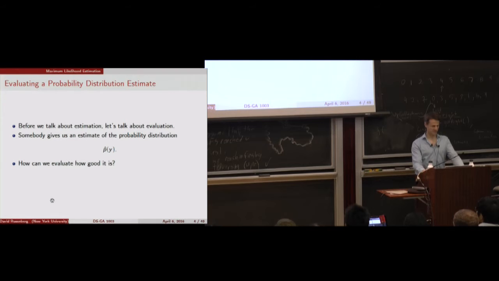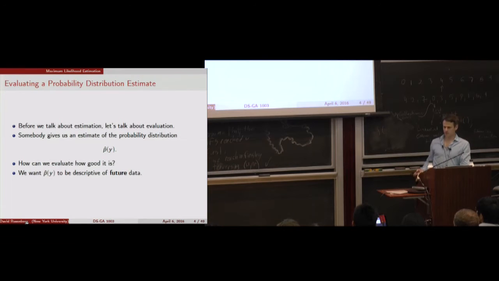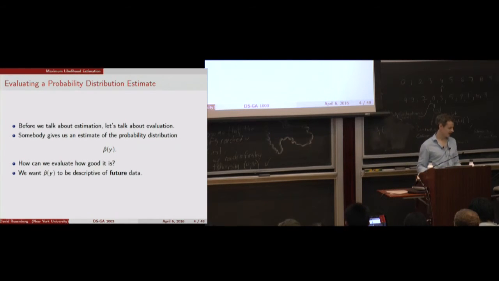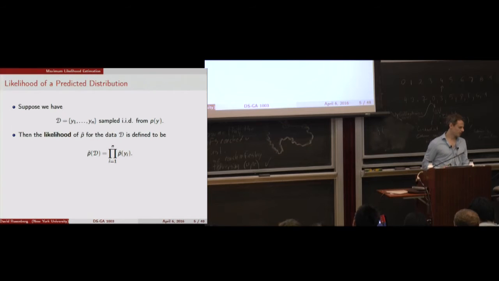That's the question facing us. Okay. So we want this p hat to be descriptive of future data. If we want to actually use it in the wild, that's part of the point. It's got to be useful. It's got to predict what happens next. So the standard way to think about this is to define what they call the likelihood